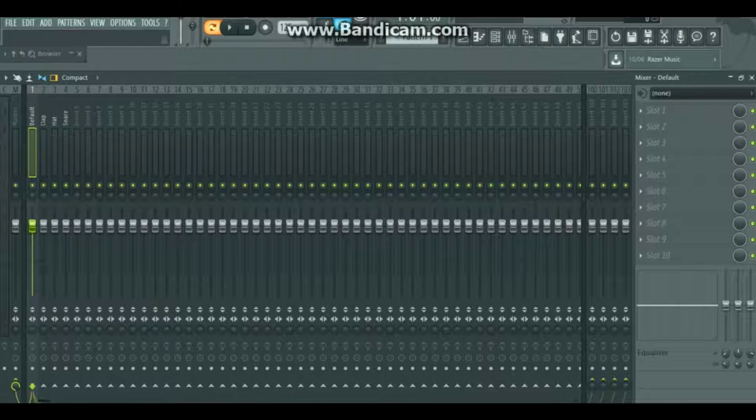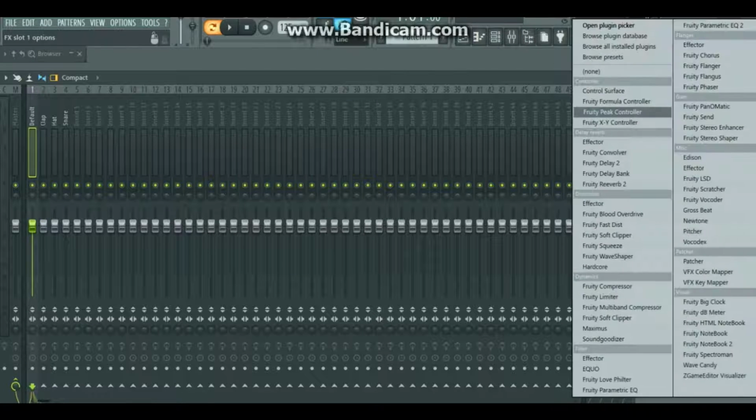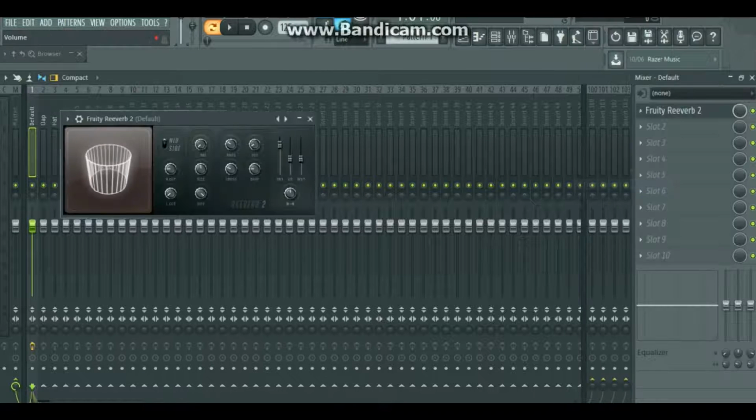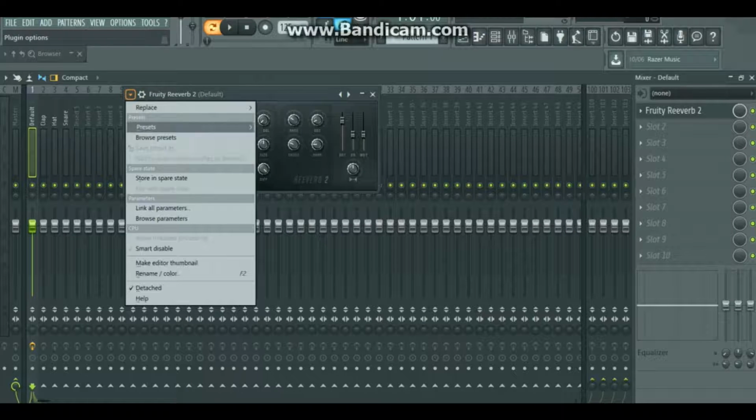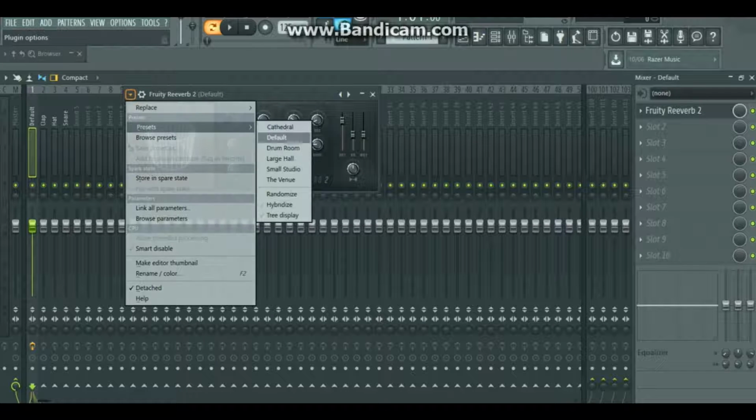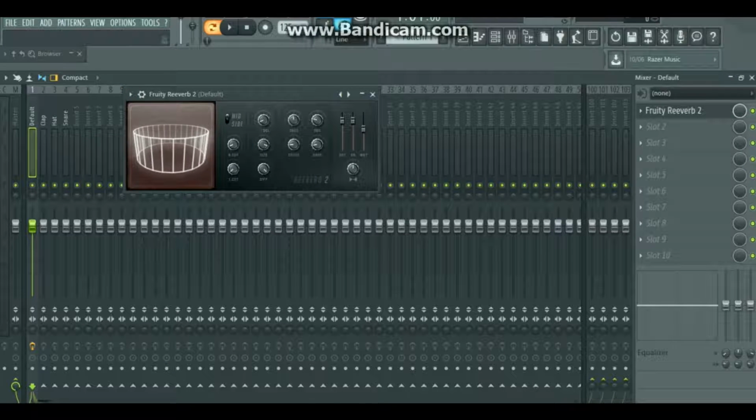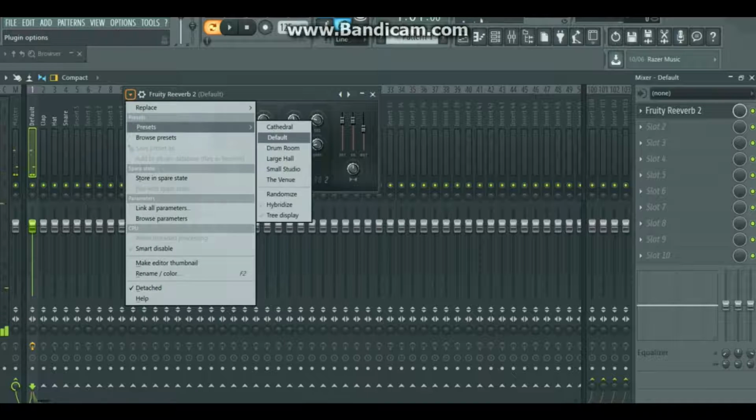But the next thing you want to do is click on slot 1, go to Fruity Reverb 2, and a lot of times you're going to want to either use the default or cathedral preset. You can also make your own preset, but that's up to you. Then if you use the default,